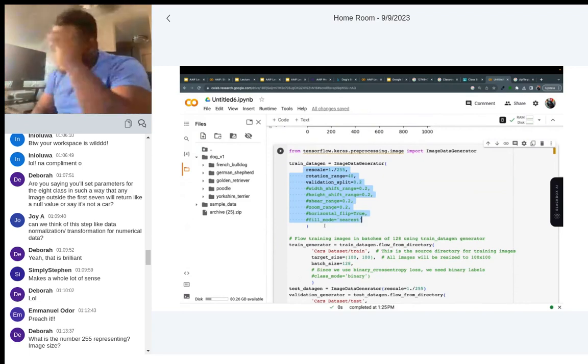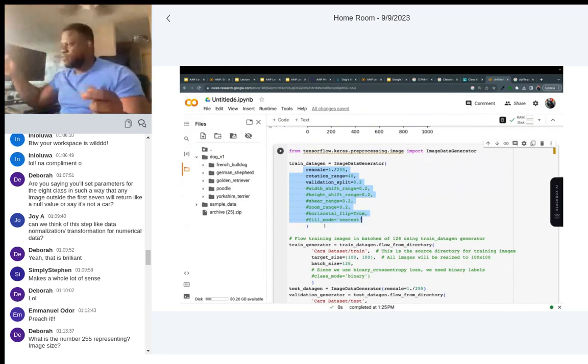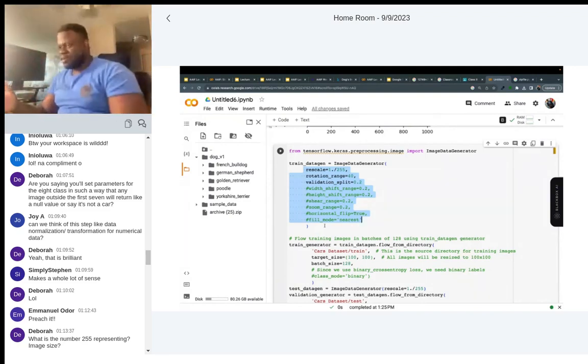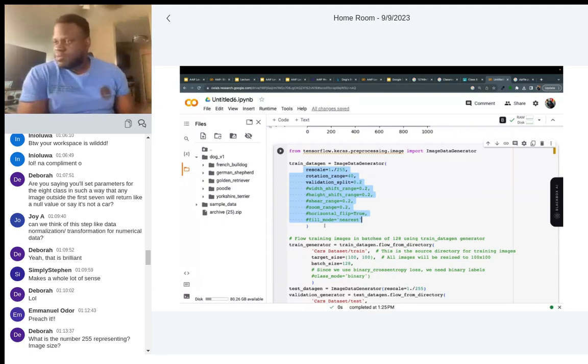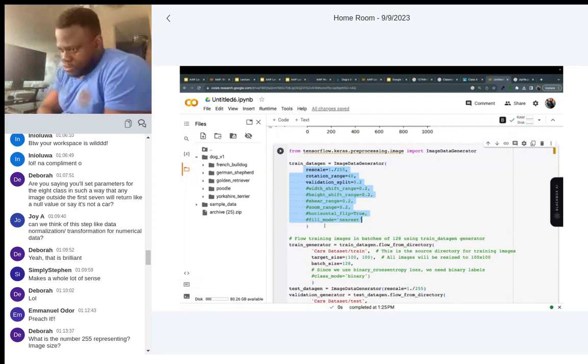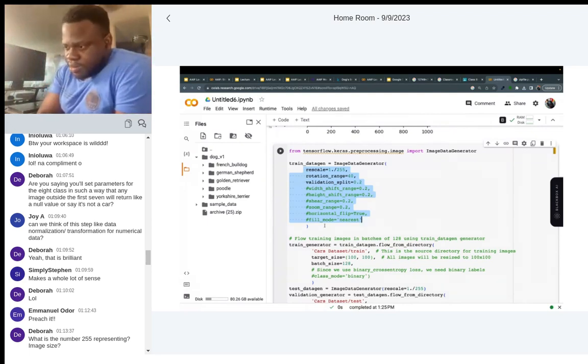So black means 0, white means 255. All the color spectrums, RGB, are a mixture of numbers between 0 and 255. So if you are working on PowerPoint or something and you go to your color code, you will see it's 0, 81, 92, which is a color mixture. You can get that. Bravo answered your question.